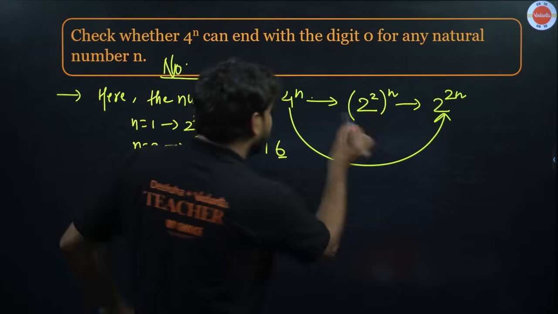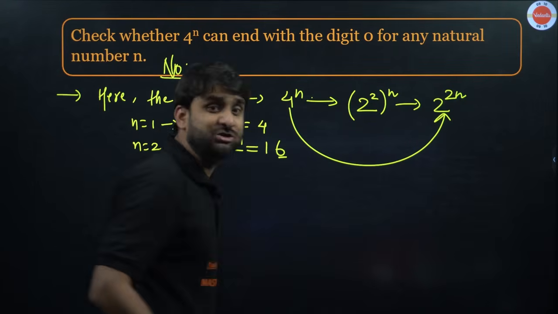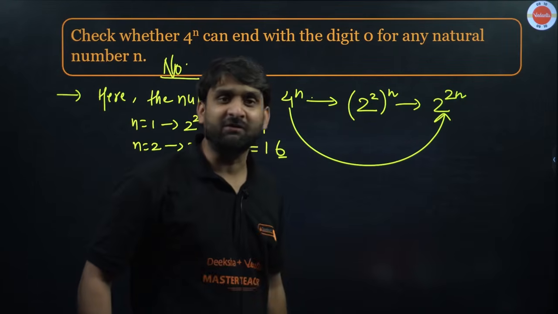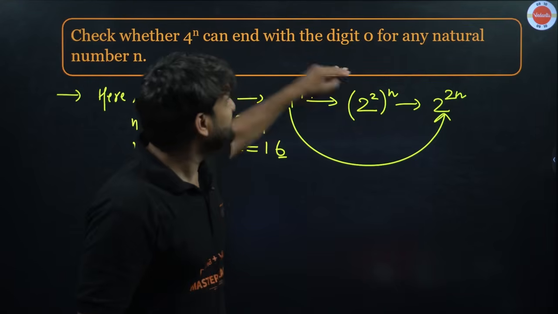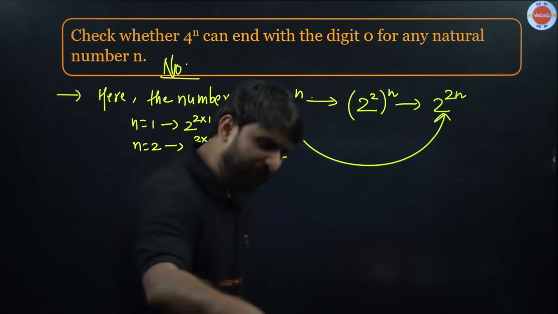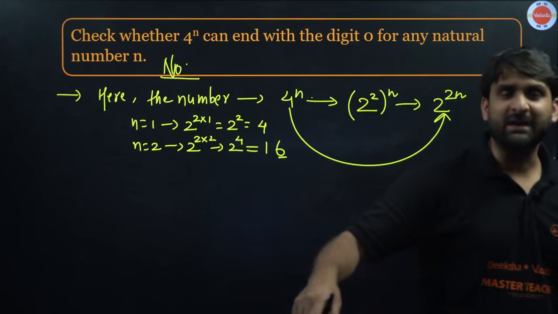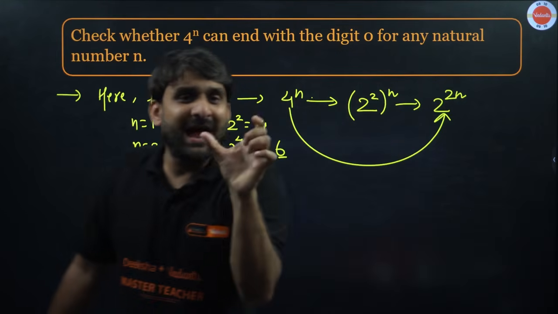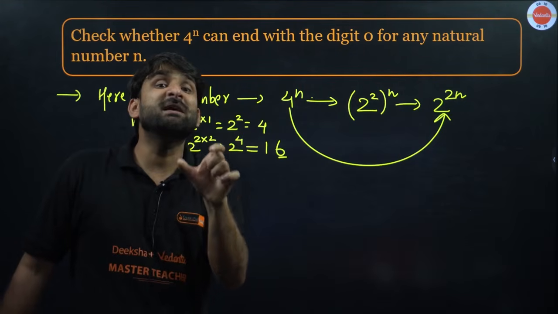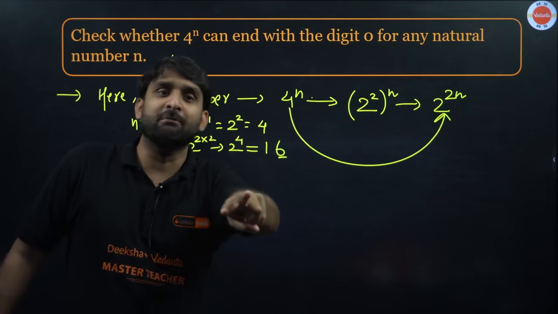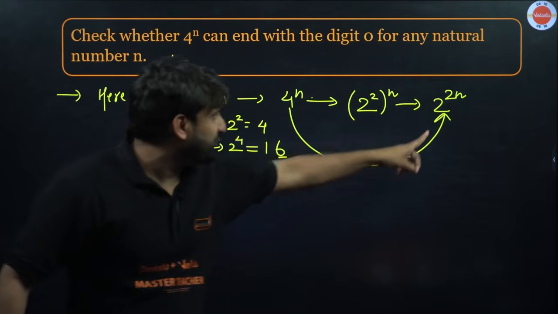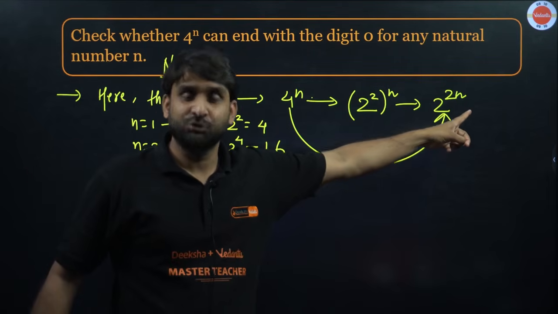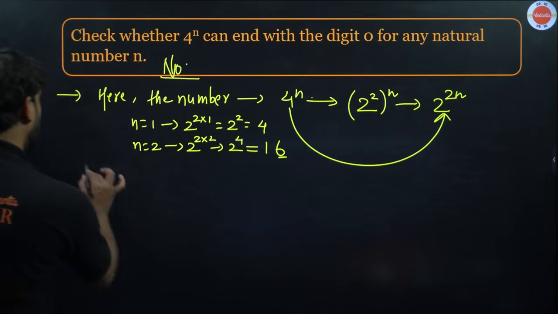And can you see, this number is only having one factor, which is 2. This number is not having factor 5. If the number is ending with 0, the factor must be 5 also. Because all the numbers whose unit place is 0 can be divided by 2 and 5 both. And if 5 can divide that number, then 5 should be present here. 5 is not here. So 4 to power n